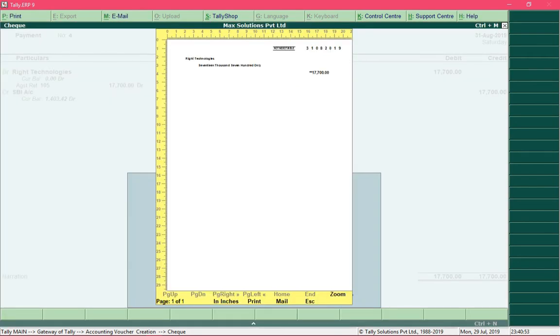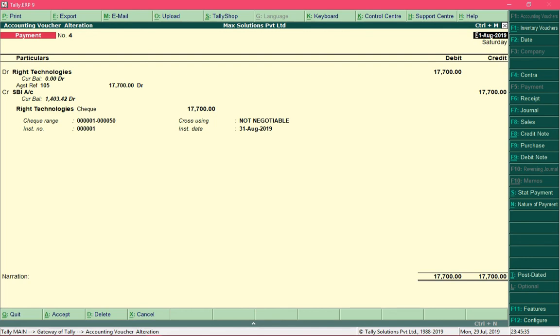So after confirming the preview, you can click on the text print in order to print the check. So this is how you print checks while passing the transaction.